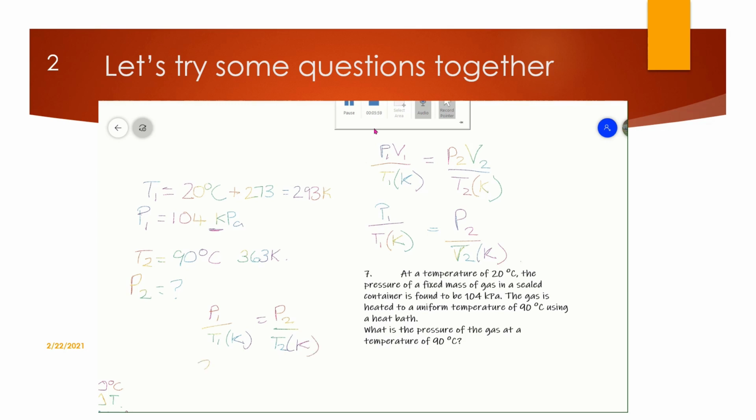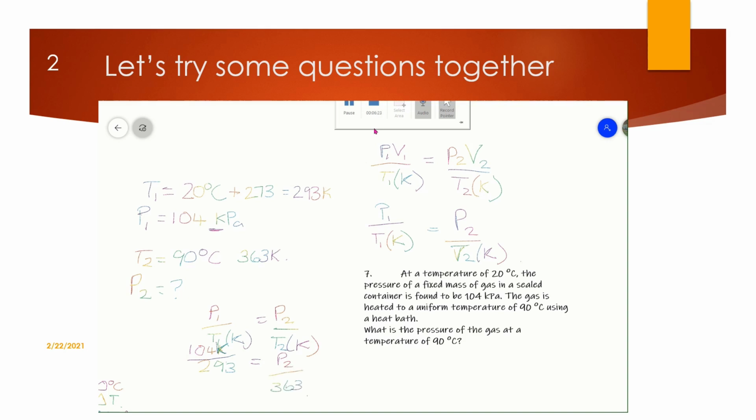So that's 293, oops, sorry, goes over. Now, you can use that as just 104 times 10 to the 3. I'm just going to leave it as 104K because it's a ratio. If we leave that K in, we can just get P2 in terms of kilopascals, which is then going to equal P2 over